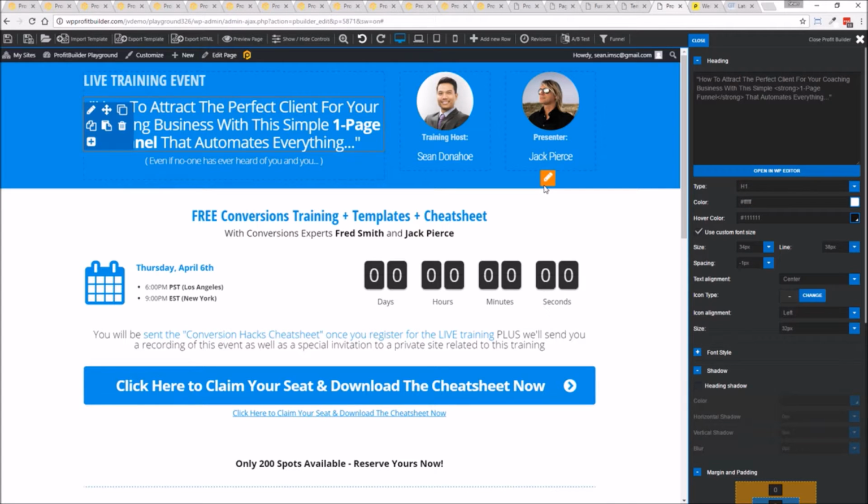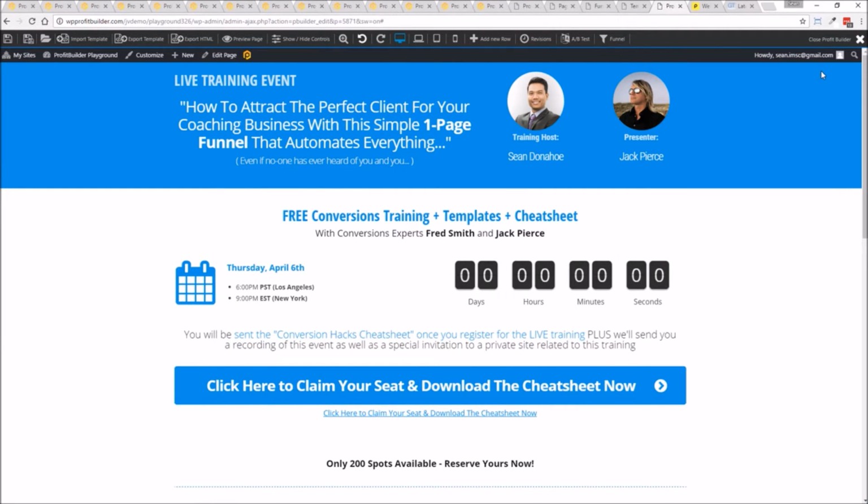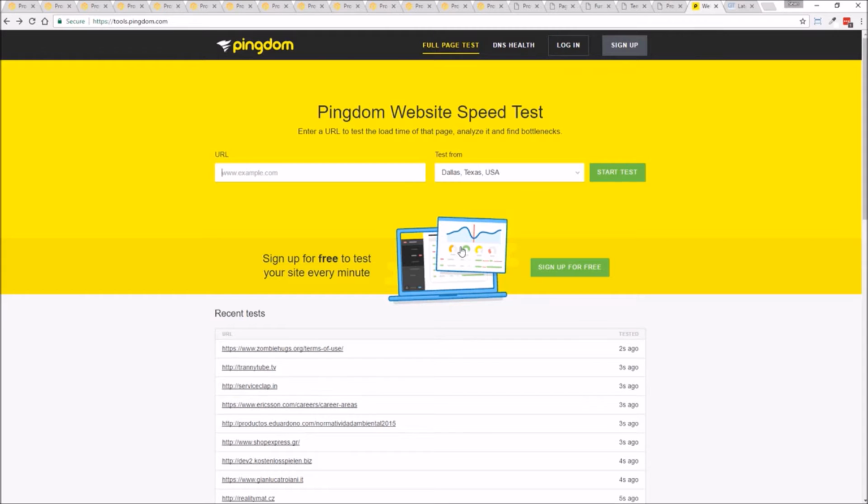Now, one of the questions that I've had is, how fast is it compared to, say, a SaaS platform? I'm on a host, I'm on a regular host. How fast do the pages load? Well, we really have rebuilt this from the ground up for performance. So let's give it a quick test. I'll run it through Pingdom here, something I use all the time for testing. And again, we are using this on a regular host with W3 Total Cache, standard caching that you would use on a WordPress site, and